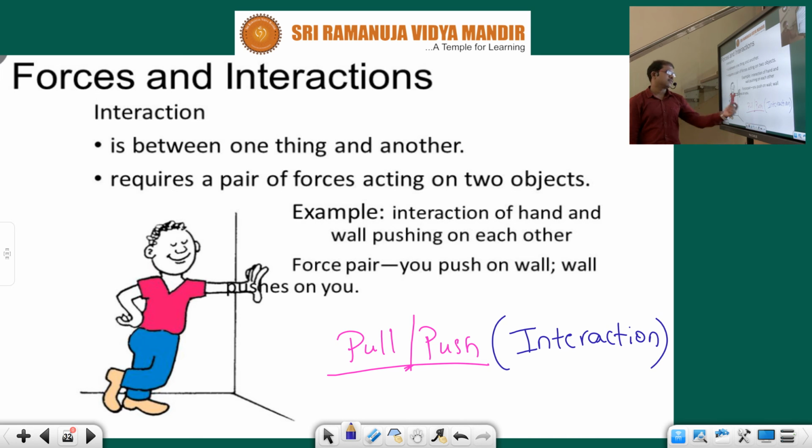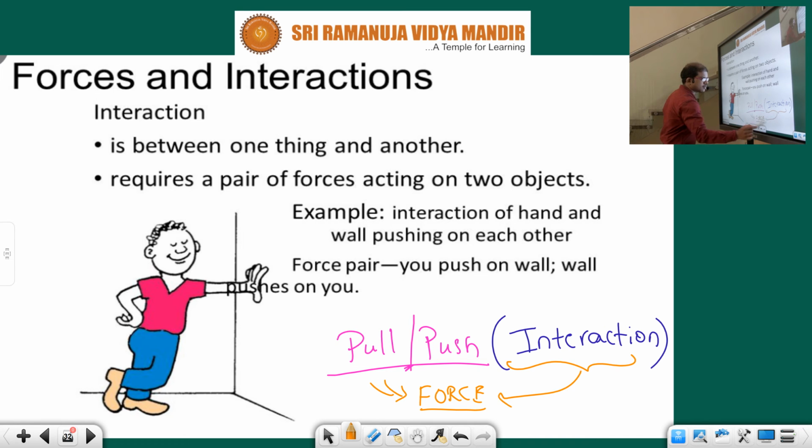Okay, only with interaction can we do action. We can perform actions like pull or push. Only by performing a pull or push action, what can we do, children? We can exert force. So force requires what, children? Interaction. If there is no interaction, we do not need to discuss force. If there is a force, what does it represent? There is interaction between two bodies. Clear? Whenever there is force, there is interaction.